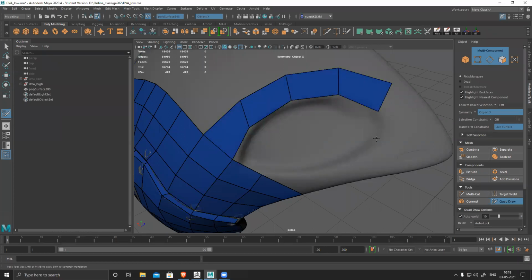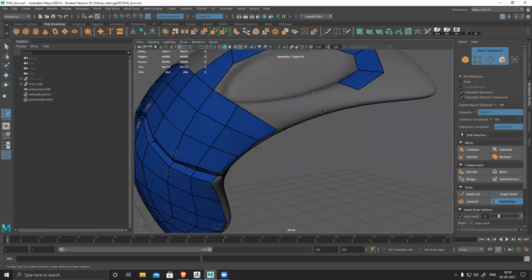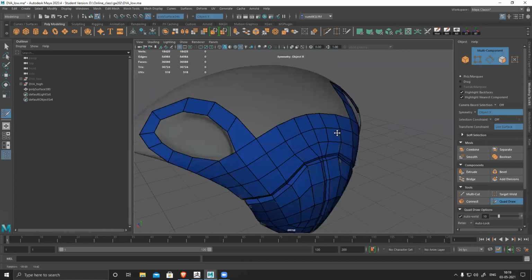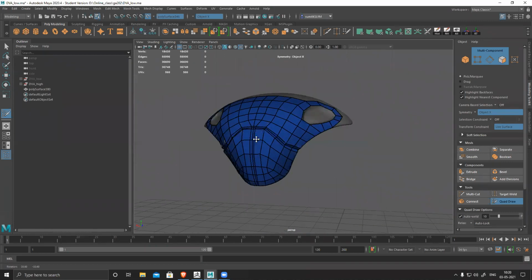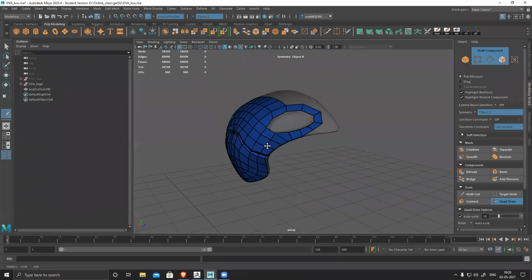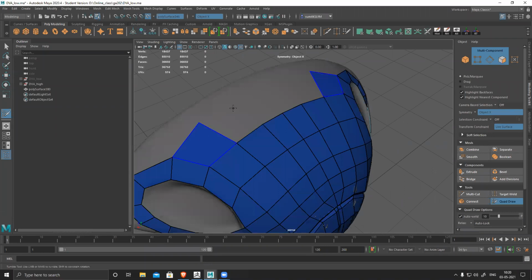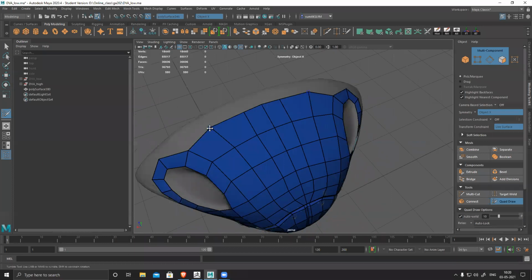Whenever you have this kind of shape, try to create a polygon border. That will make it easy for you to control later. See, it perfectly matches the surface, and now I can fill the entire section and weld together.